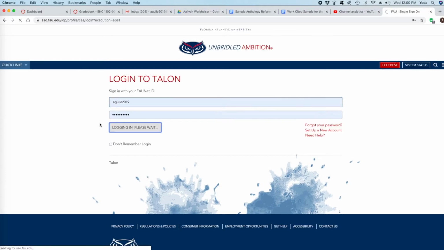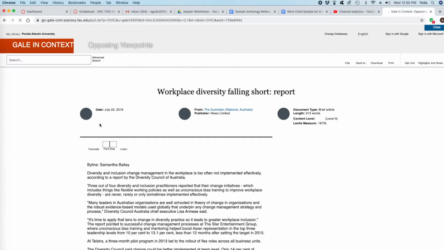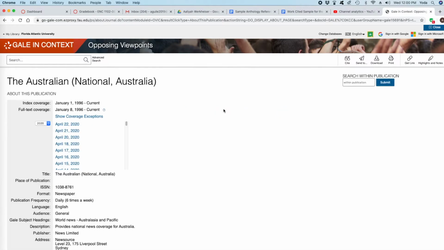And then I take a look at the page that is being brought up in Gale, and I'm going to see how this actually looks. I'm going to click here. The Australian Nationals.